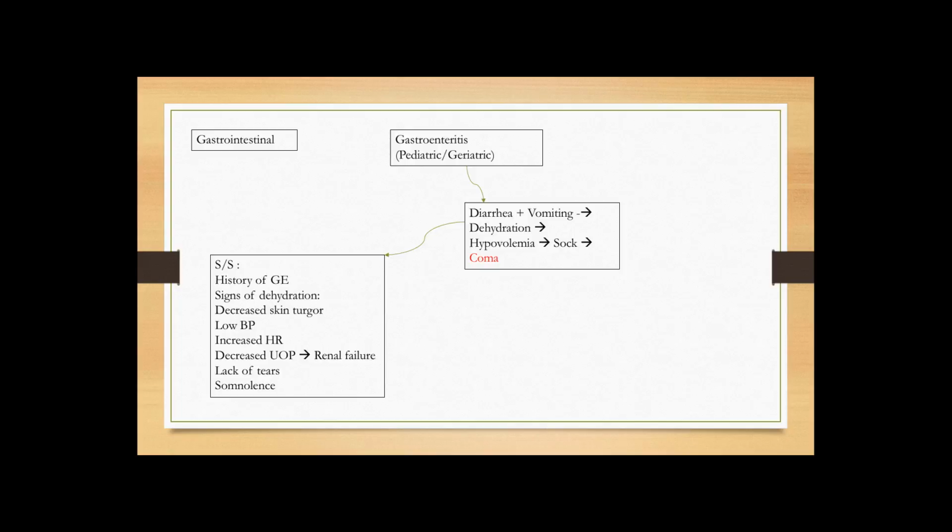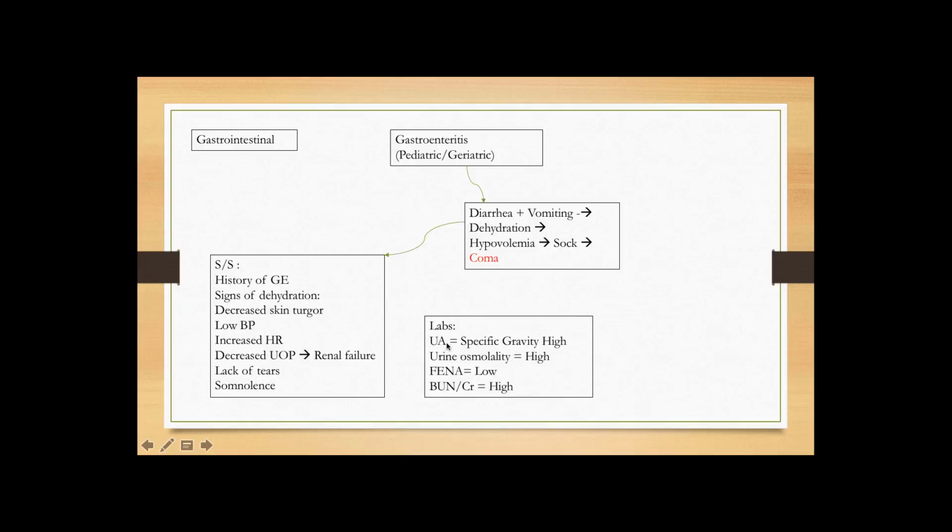But also this can result in another complication of renal failure, so these people will end up with kidney failure if they are not treated promptly. So if it's a young patient, usually we look for tears, and then they also may be very somnolent. So the labs to draw would be, in addition to metabolic panel, you can do urinalysis.